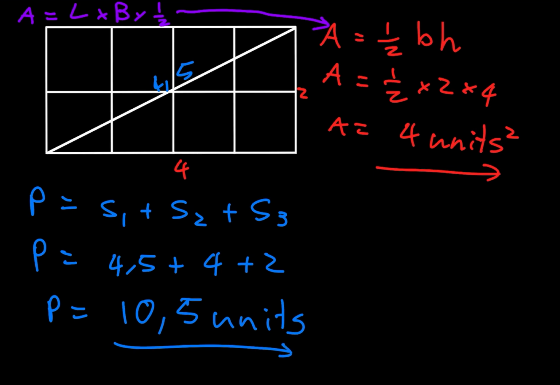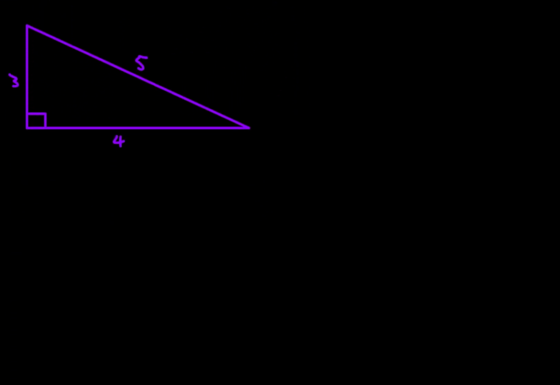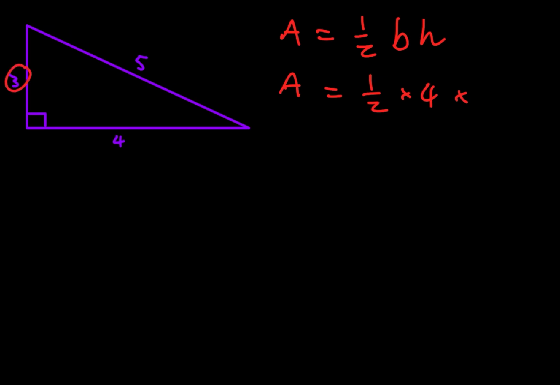Let's go through two examples. So here, we'll find the area of this triangle using the formula half base times height. And now we know that the base is equal to 4 and the height is equal to 3. So we have area is equal to a half times by 4, which is 2, times by 3, which is 6